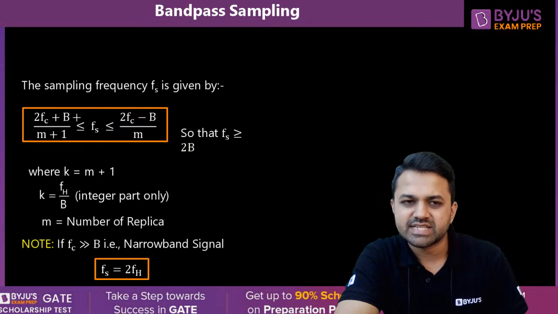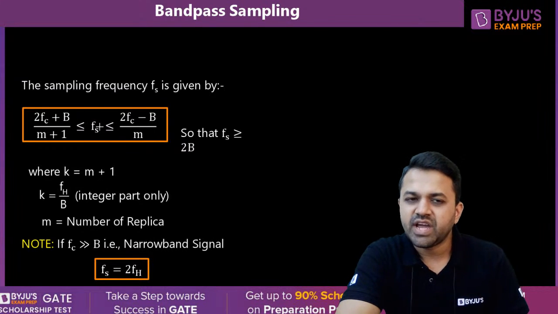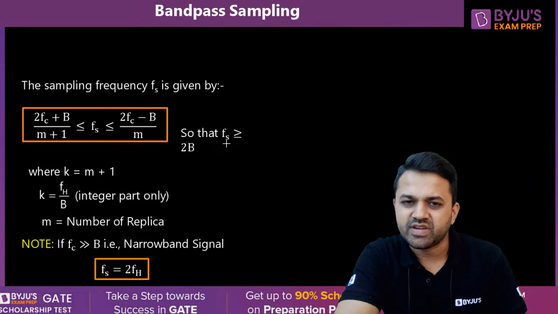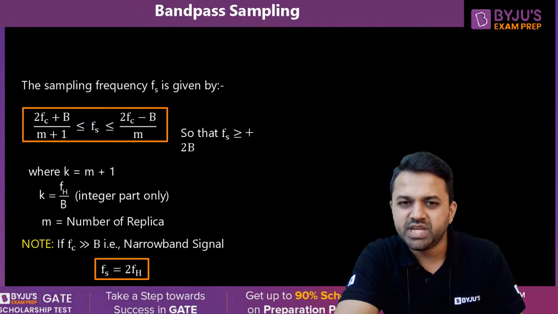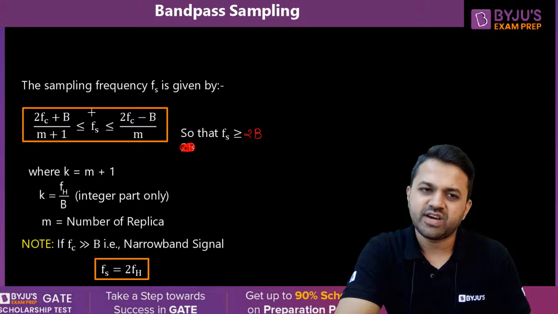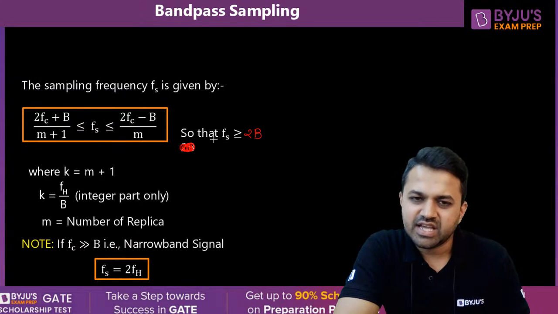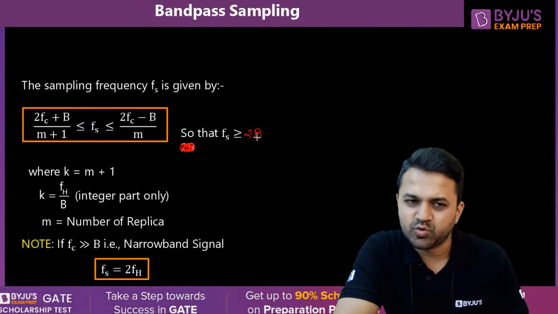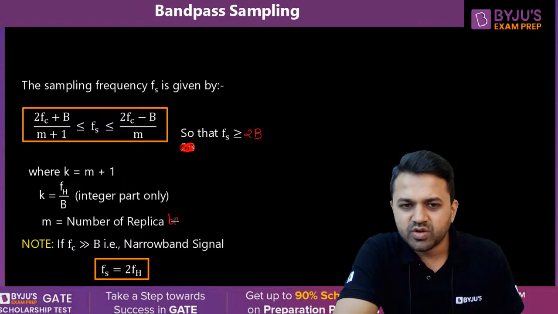And when we select the sampling frequency using this formula, we have to keep in mind that the sampling frequency should also be greater than 2b. Whatever value of fs you select, the fs value should always be greater than 2b. And here m plus 1 is denoted by k, and k is calculated by fh upon b, where we select the integer part only, and m is the number of replicas between the original spectrum,